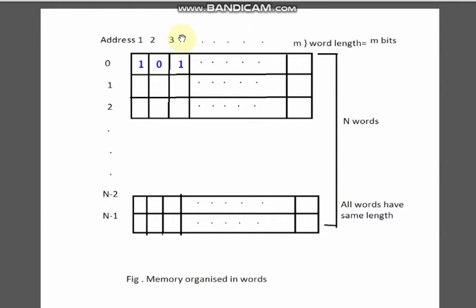Again, it can be 1 or can be 0. So there can be multiple cells. Now, the total number of cells at one address. The addressing starts from 0 to n minus 1. So at address 0, there will be m number of bits: 1 bit, 2 bit, 3 bit, 4 bit, 5 bit, dot dot dot, up to small m number of bits. So we will say that m is the word length.